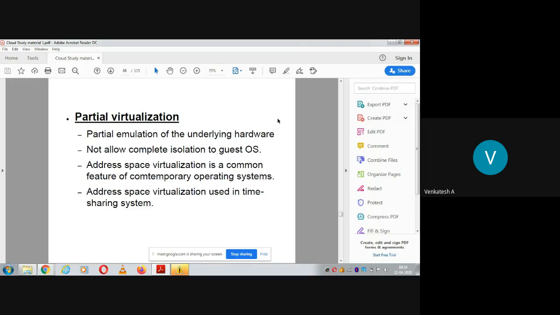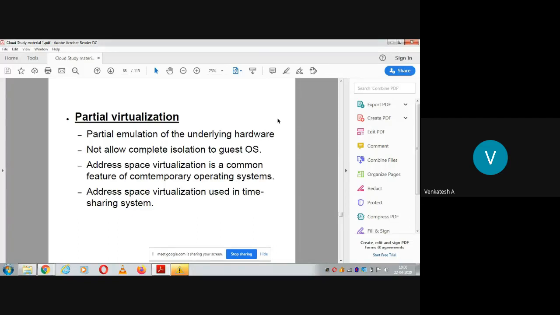But when you are running your application, you feel that you are fetching from your own operating system. Actually you will be fetching from the host operating system. So that address space virtualization will be taken care of by the hypervisor in case of partial virtualization.